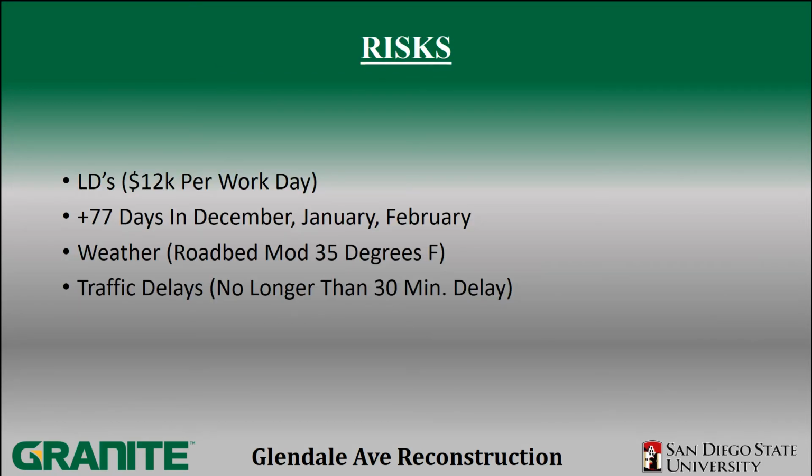Some of the risks that are associated with this job is we have liquidated damages of $12,000 per working day. We also have 77 days in December, January, and February that we can possibly pick up on our work schedule. And if we're behind during this time, we can possibly finish ahead of schedule. But we also have weather constraints. So for the roadbed modification, it needs to be 35 degrees or warmer to lay our material. And we also have traffic delays no longer than 30 minutes, which during those special events we need to keep in mind